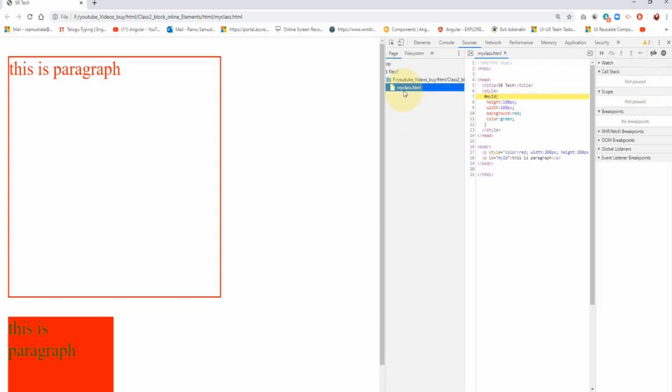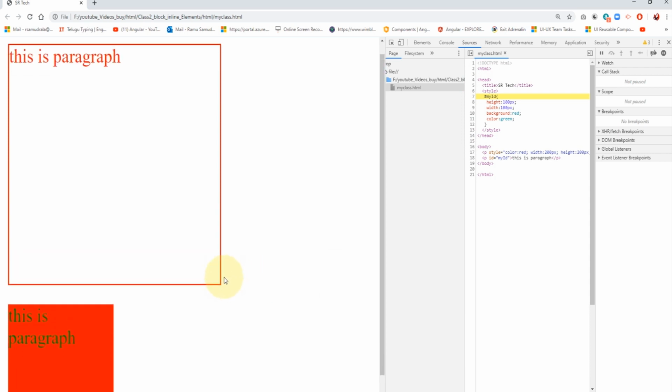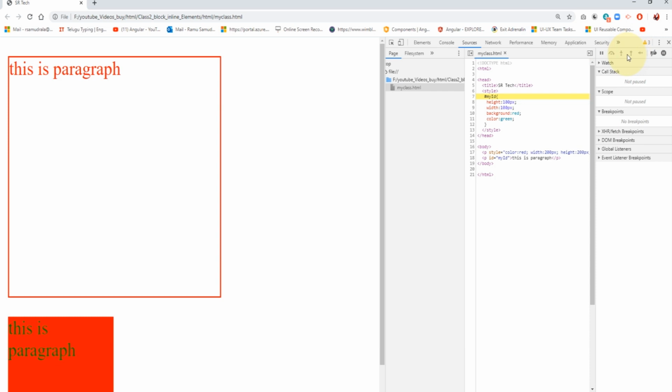When I click on it, it will directly open my class dot html file in the browser, where you wrote that code in the header tag using the style tag, right? So this one only. This is the verifying. So we can take multiple IDs and multiple classes with multiple elements.